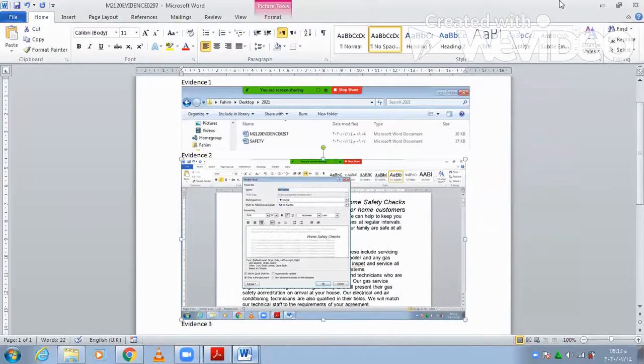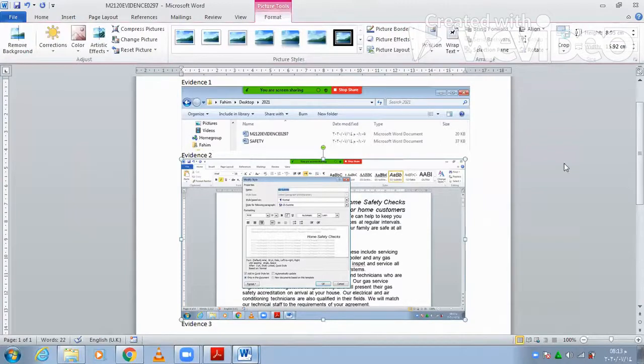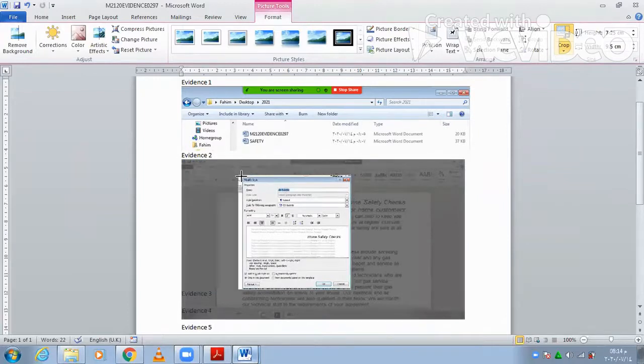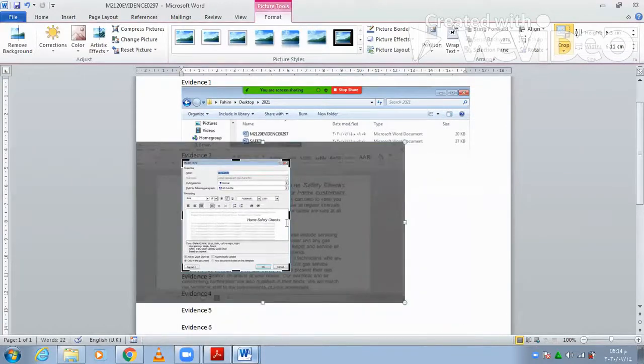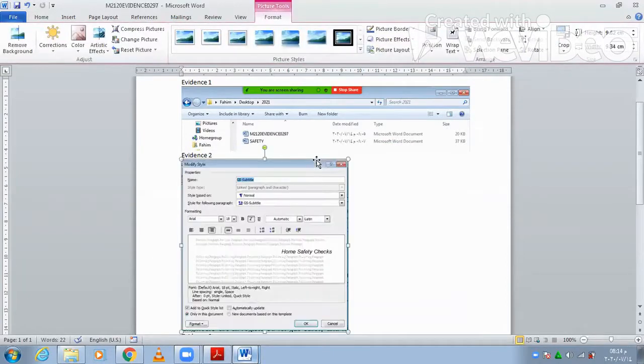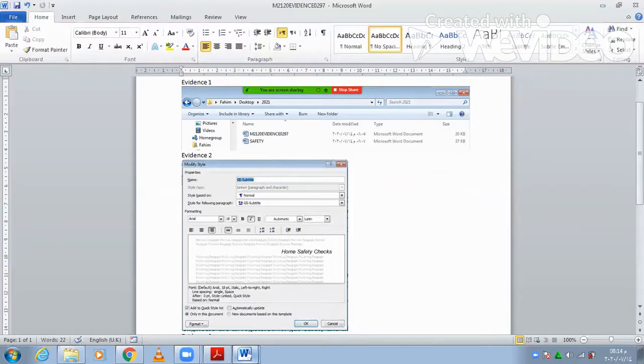Now I'm just going to edit this to show only this area. Now I'm going to crop this one, from this point. After cropping it, I'm going to increase it, and I will type here